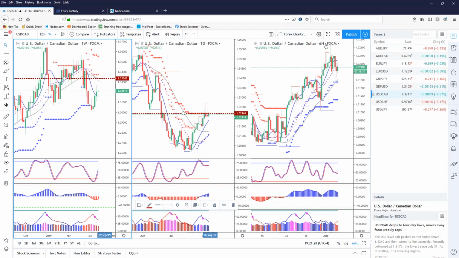Then when you come down even one step further to the 6-hour chart, you can see that it did test the ATR here, okay? This should have been a bullish bar, but it wasn't because this showed a lot of weakness. So that told me this should have been a bullish bar. It wasn't. It's struggling to make a bullish bar right now. So I think maybe tomorrow would be a good day to trade the USD CAD, but not today. Any questions on the USD CAD?